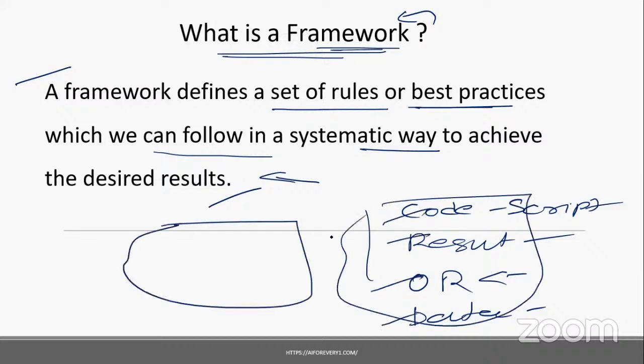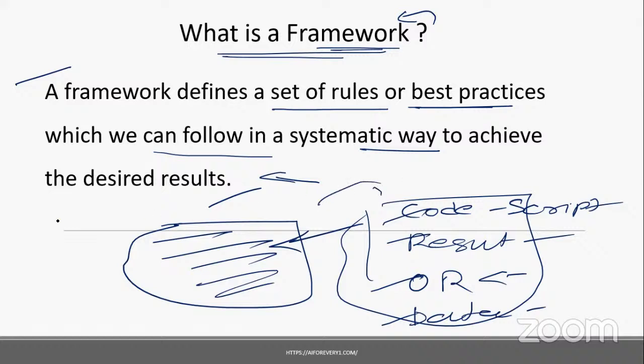Rather than keeping everything in a single folder, how will it be if we keep everything in a single folder? That's scenario one. In scenario two, you're keeping things in different folders, and it's very easy, right? When we follow such best practices in a systematic way, and suddenly your code has failed, rather than going and searching here, you directly open the results.